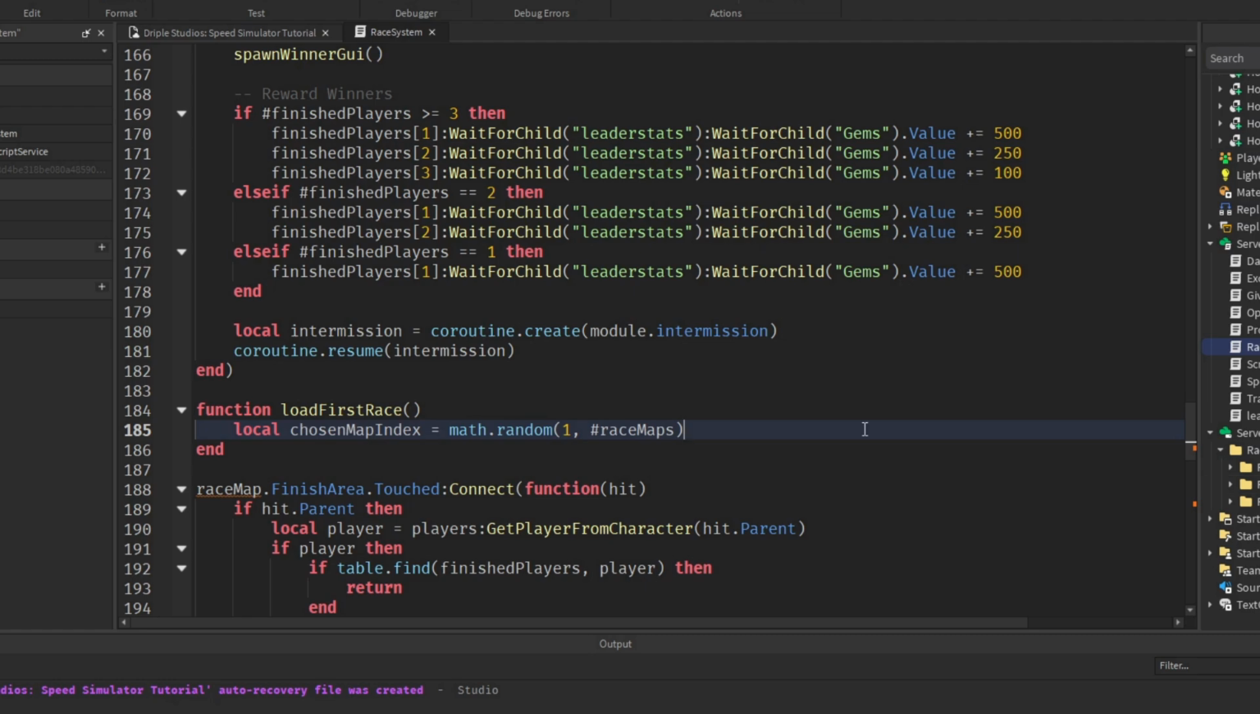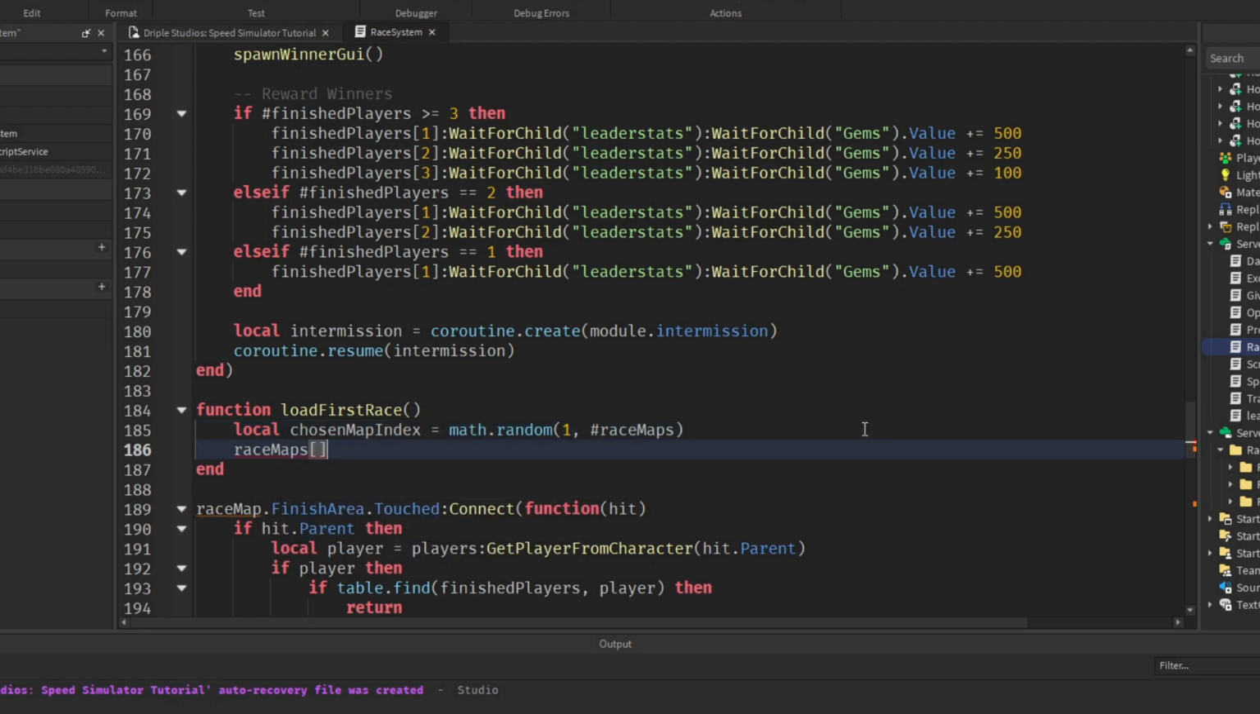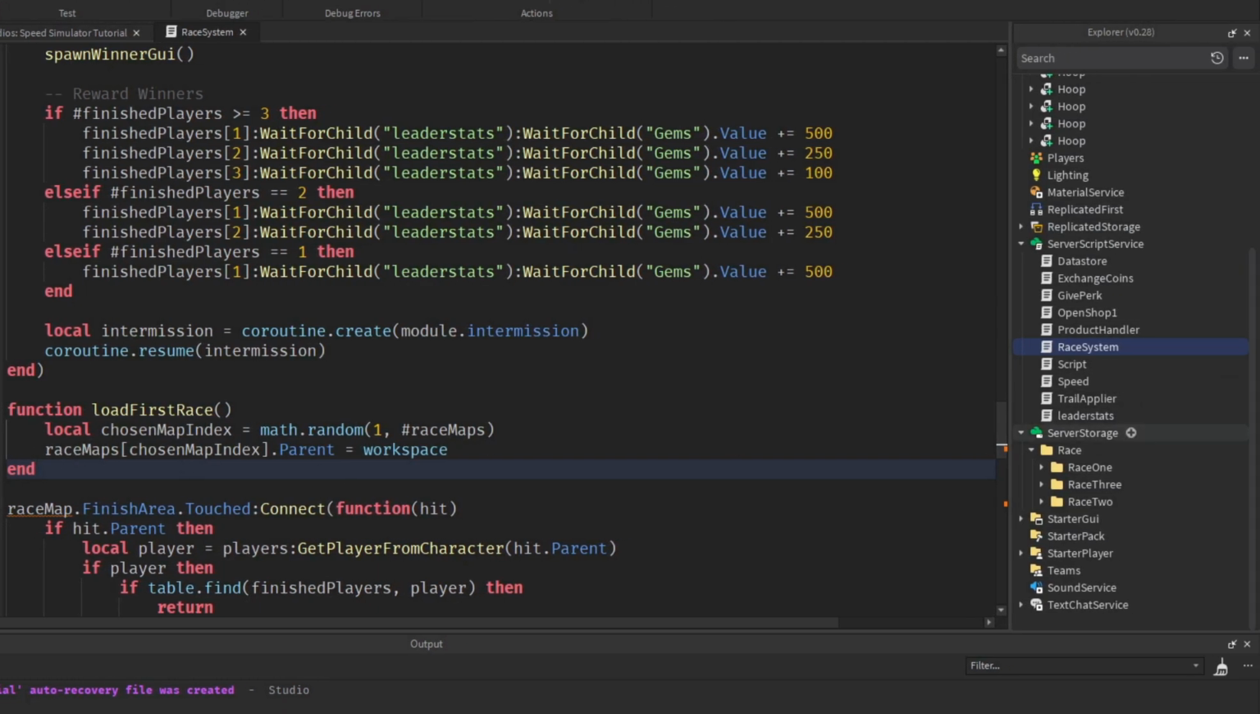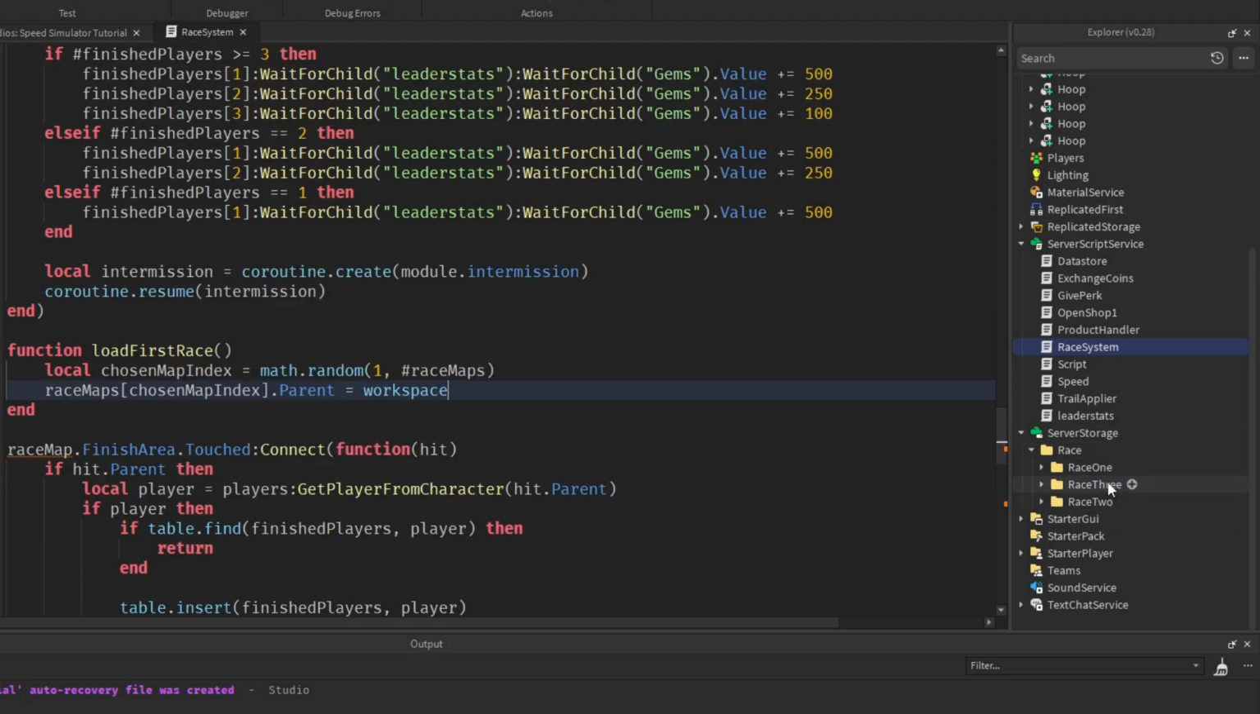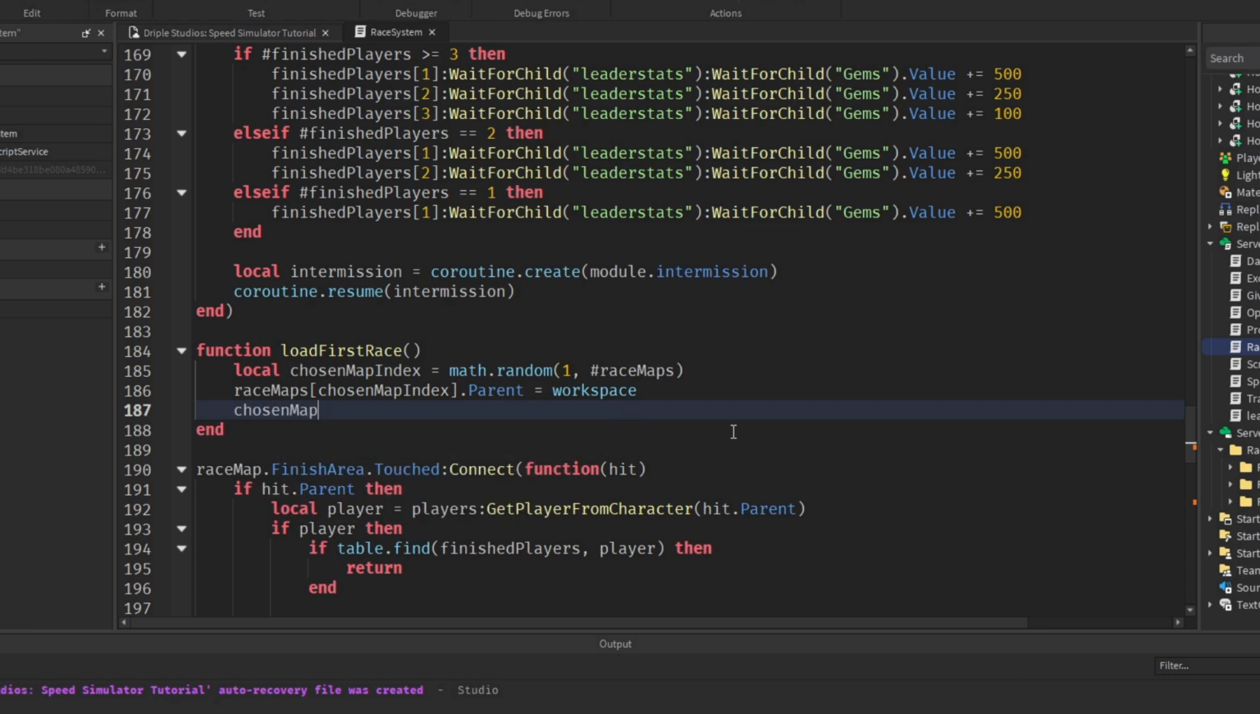Now let's actually load the race into the workspace. So raceMaps, open square brackets, chosenMapIndex, close square brackets, dot parent equals workspace. And this will pick this random map. So race maps 1 is race 1, race maps 2 is race 2, race maps 3 is race 3. It goes alphabetically, so race map 2 might be race 3, but that doesn't matter too much because it's random anyway. And now we can say chosen map equals raceMaps[chosenMapIndex],